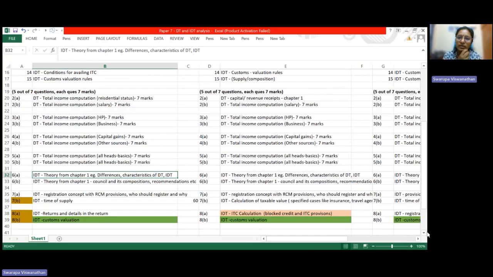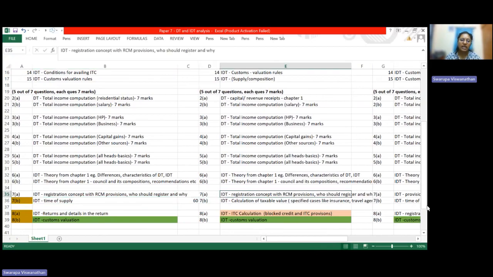Okay, so as far as possible, keep a note of the headers and ensure you bring the same headers in your answer as well. So this is again a well-known part. You are aware that 6A, 6B is going to be a theory question from the first two sections. So preparing that will be a smart move. Then coming to 7A and 7B, 7A is where the registration concept is being tested. Registration concept meaning who needs to register under GST, under forward charge supply who has to register, under RCM who has to register.